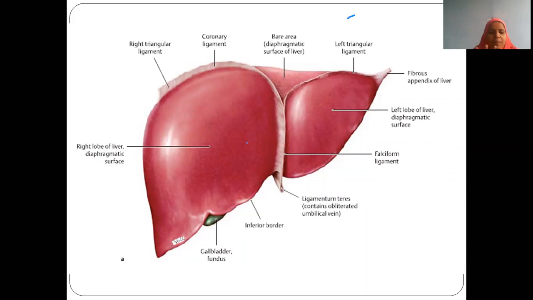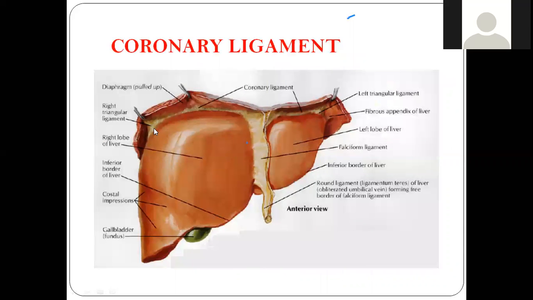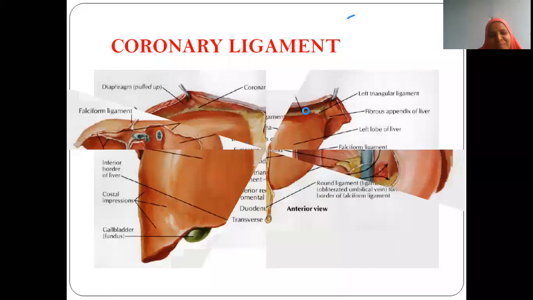Coronary means it is like a leaf, it spans like that, beta. Corona is a word which usually comes from flower petals, and it is usually red in color, no? That's why it is used in different ways. We use it everywhere in a different way according to its meaning. Whichever is flat and expanded like a leaf or a petal of a flower, generally we use that word corona. Coronavirus also. Okay. So this is the coronary ligament.